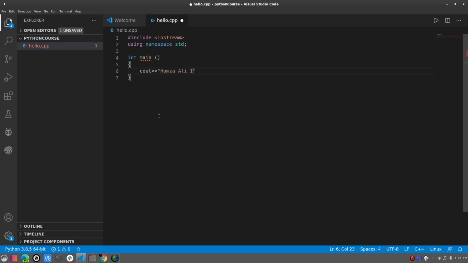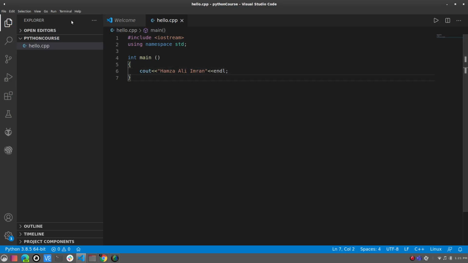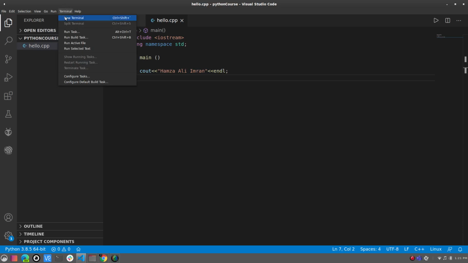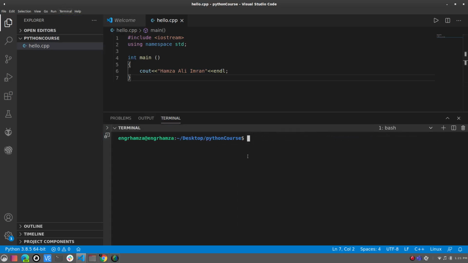But the thing which you need to understand in this video is the process which I'm going to go through. I wrote a program. What it's going to do is print out my name, and that's it. Nothing more, nothing less. So as I told you, it's C++. I need to first compile it. I cannot run this on my computer right now.